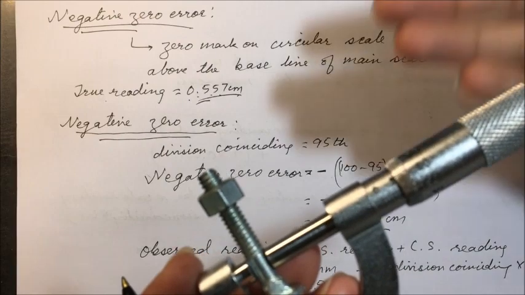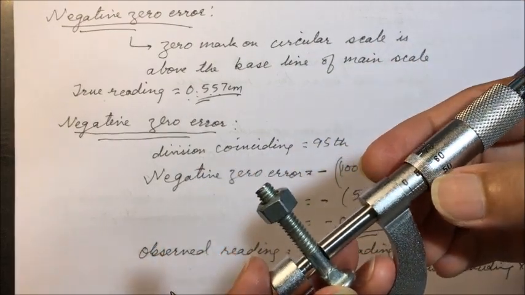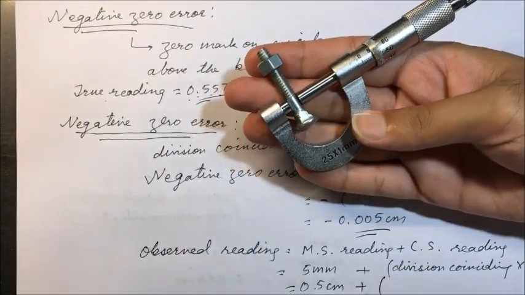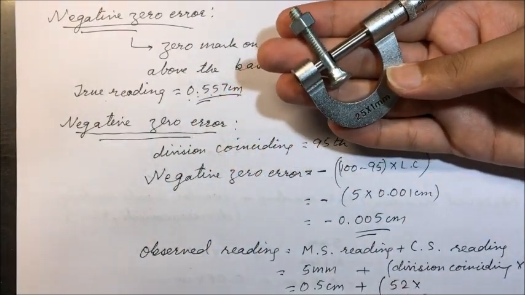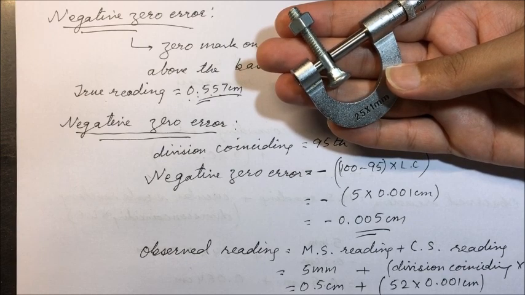The division coinciding is 52, and 52 into least count 0.001 centimeter is 0.052 centimeter. So it came out to be 0.5 plus 0.052, that is 0.552